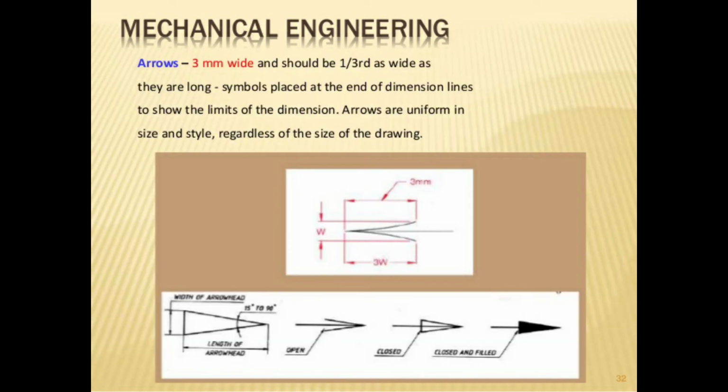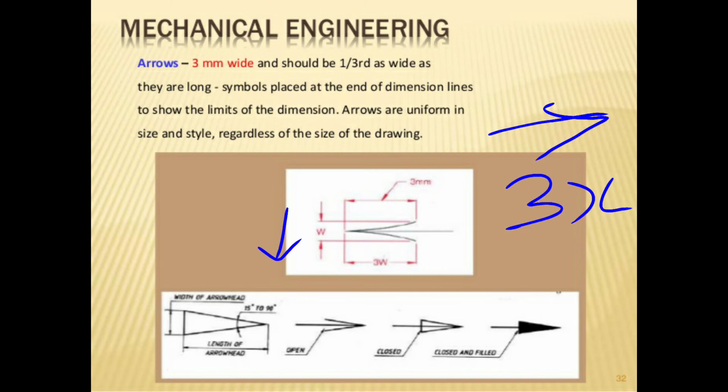Then the arrow we draw will have the same dimension. What dimension do we have? See, what is the head length? If the head length is x, if this head length is 3x, and this is w,